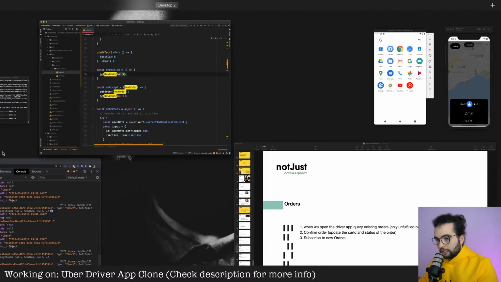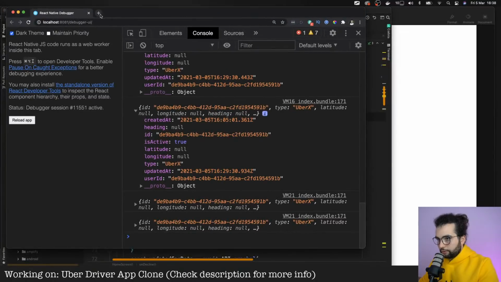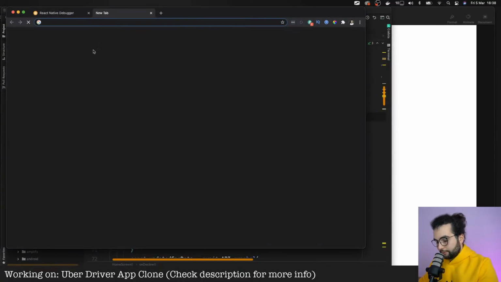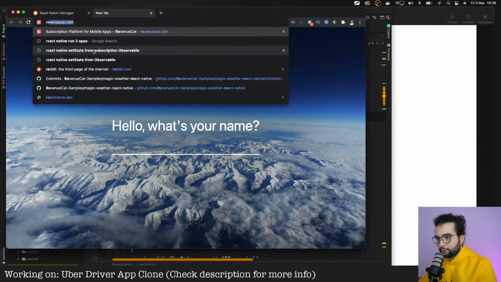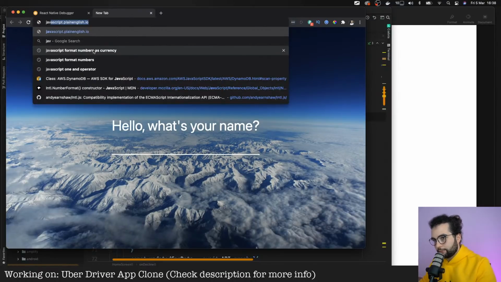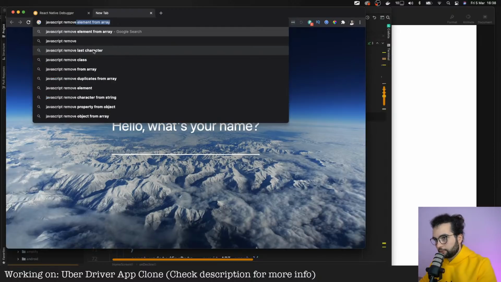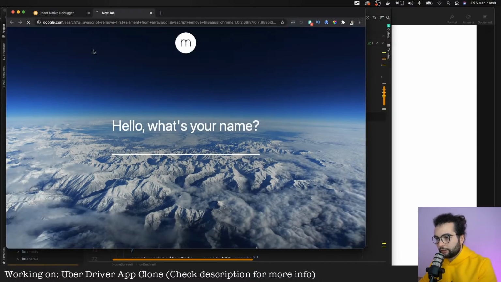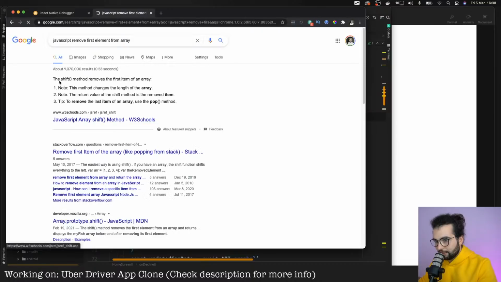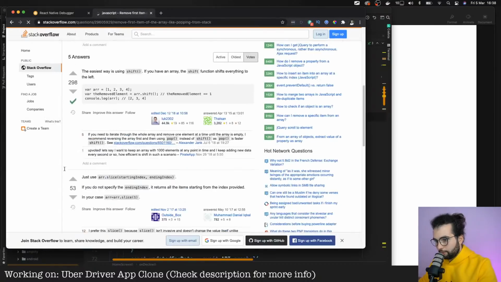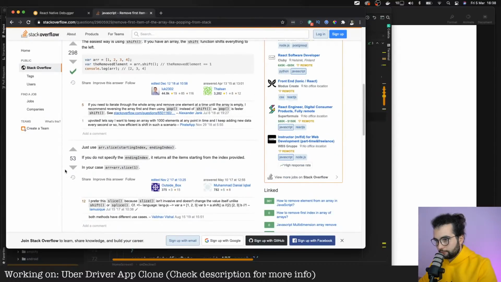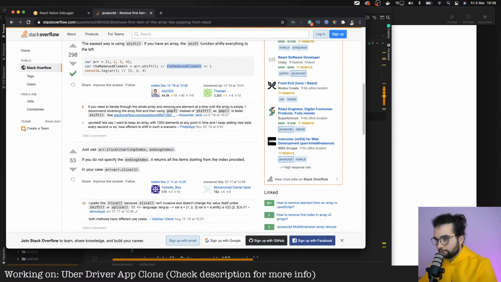And you'll probably laugh, but I'm going to Google how to remove the first element from a JavaScript array. Shift. Really? There is a method shift?